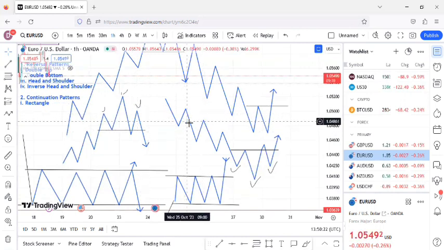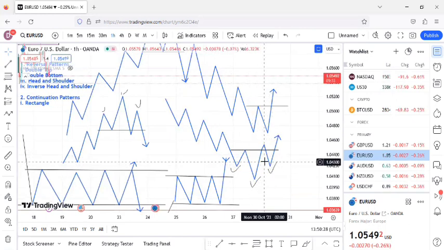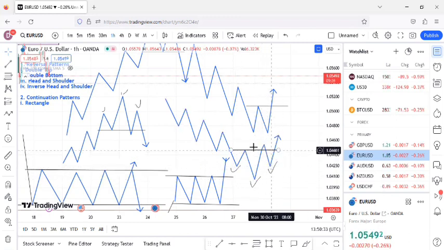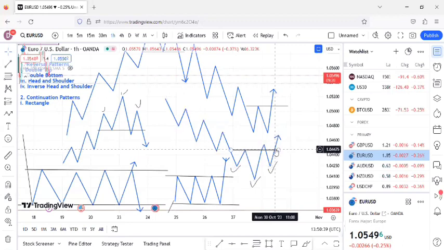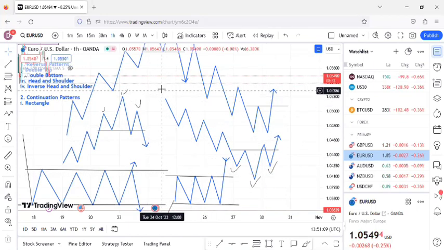The same thing in a downtrend. The moment you are able to sight this in a downtrend, what do you do? You've seen the left shoulder, head, and right shoulder. You wait for a neckline break. Your neckline is here. The candle must close above it. If the candle does not close, that is invalid. But for it to be valid, it must close above. So the moment the candle closes above this, you enter your buy and you place your stop loss below this place. That is how to trade